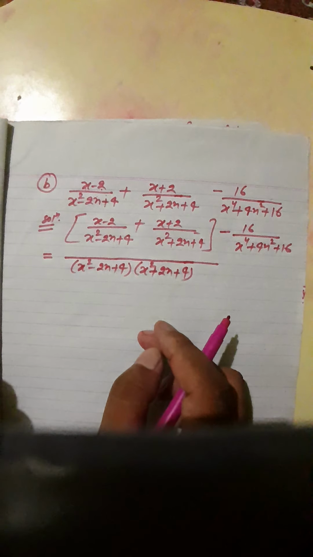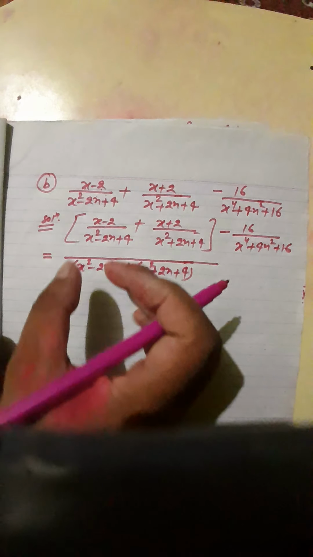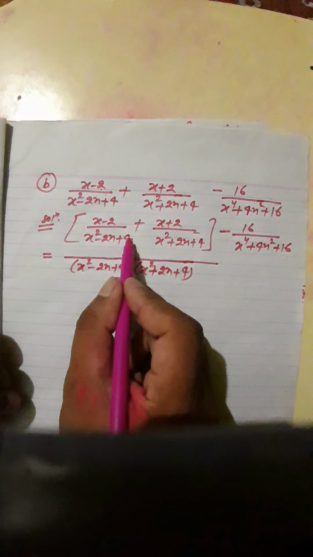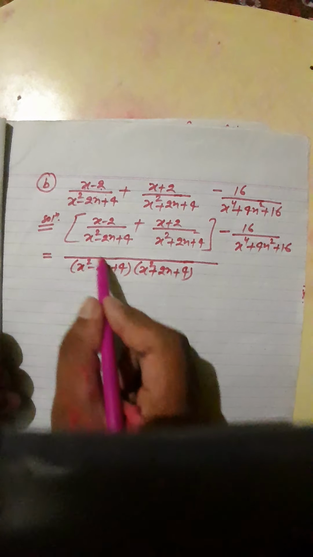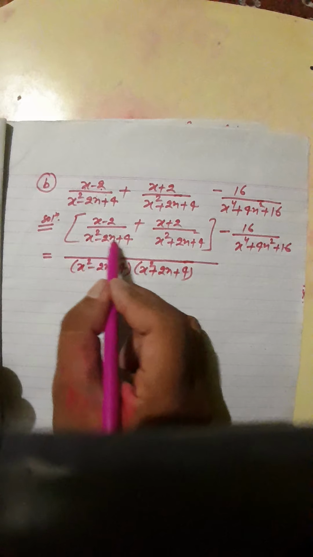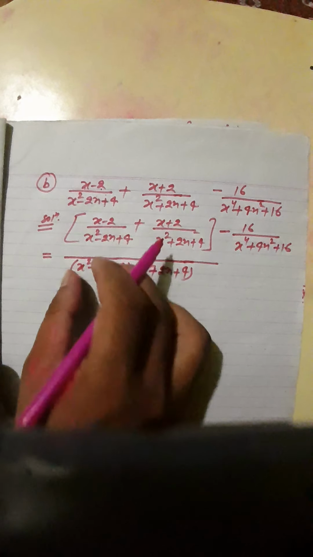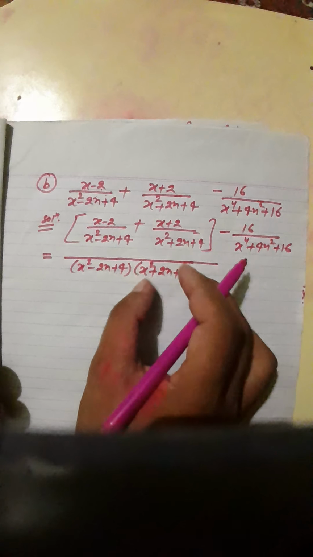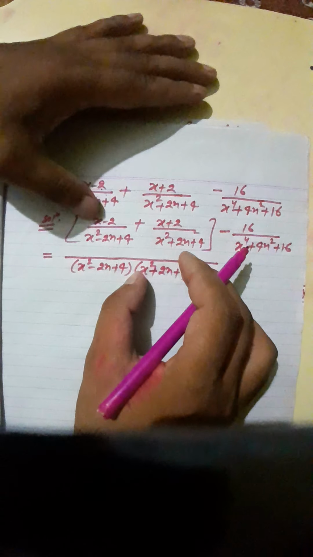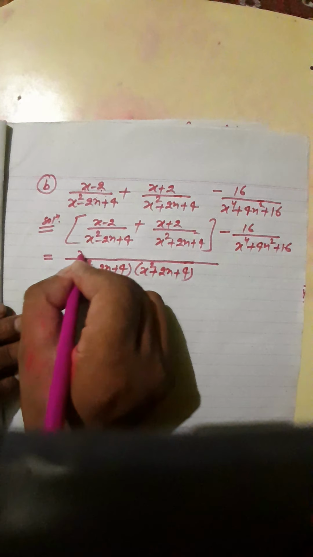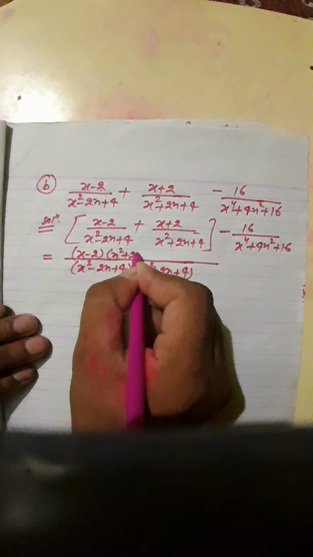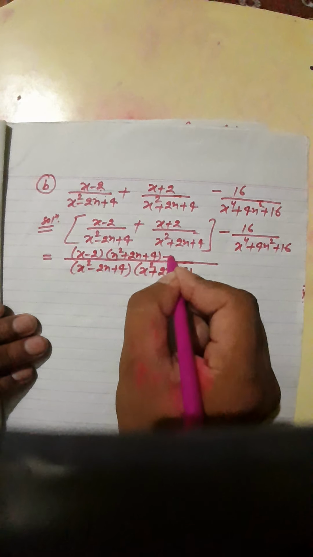And you know I have taught you one easier way. We have to compare the denominators with the LCM, and we get x square minus 2x plus 4, x square minus 2x plus 4, equal. So this we cancel internally in mind, no need to show it here. What is remaining? x square plus 2x plus 4 is remaining. This remaining factor goes to multiply here in the numerator. So let's multiply x minus 2 into x square plus 2x plus 4, and plus.